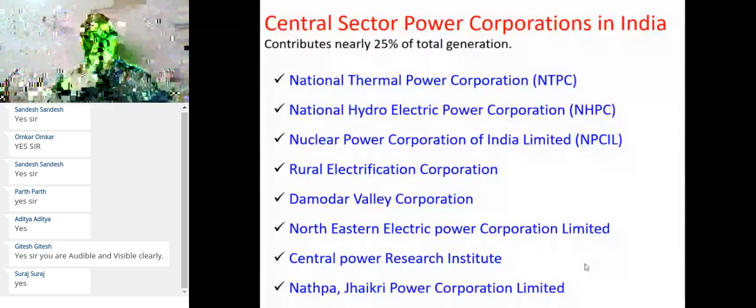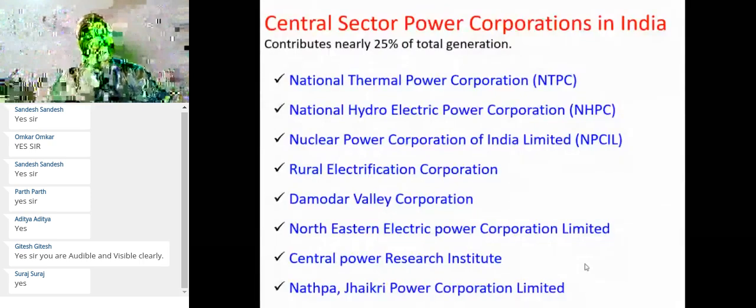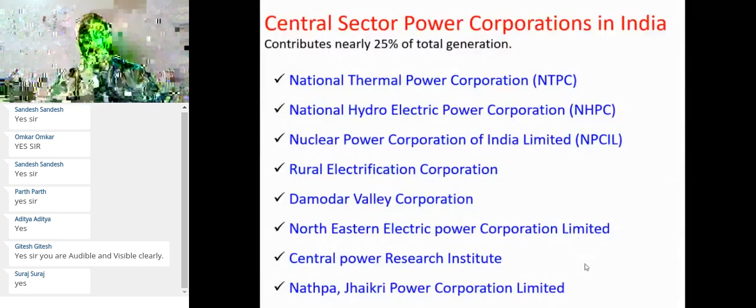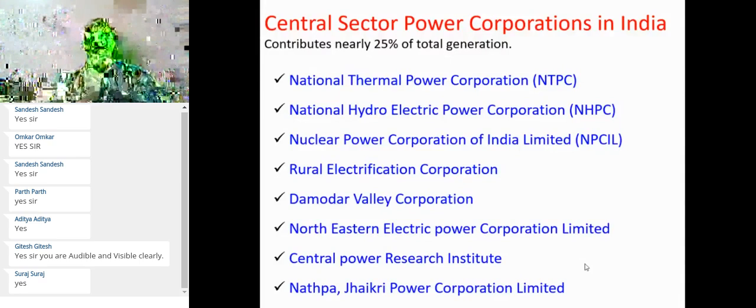We mentioned the three sectors at the beginning: central, state, and the private sector. The contribution from the central sector power corporation companies is around 25%, one-fourth of the total energy generation. So these are some of the central power companies: National Thermal Power Corporation (NTPC), National Hydroelectric Power Corporation, that is NHPC,